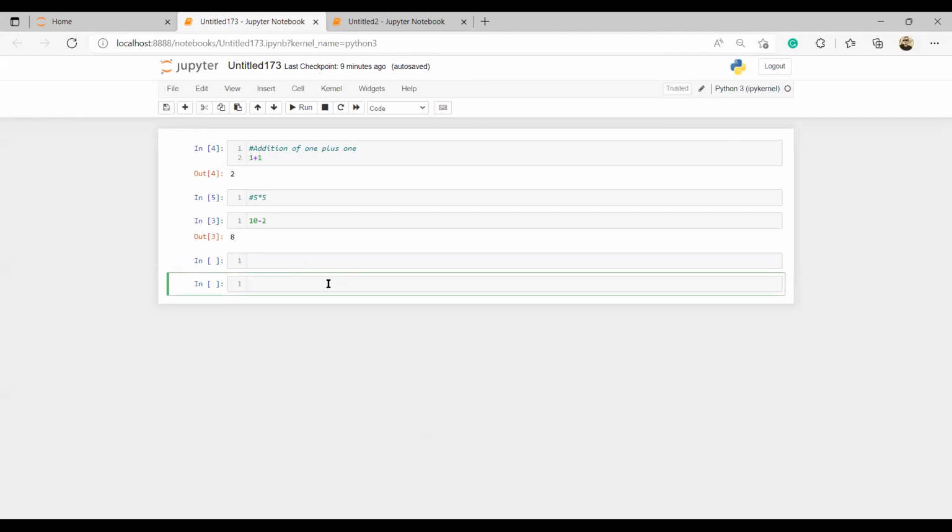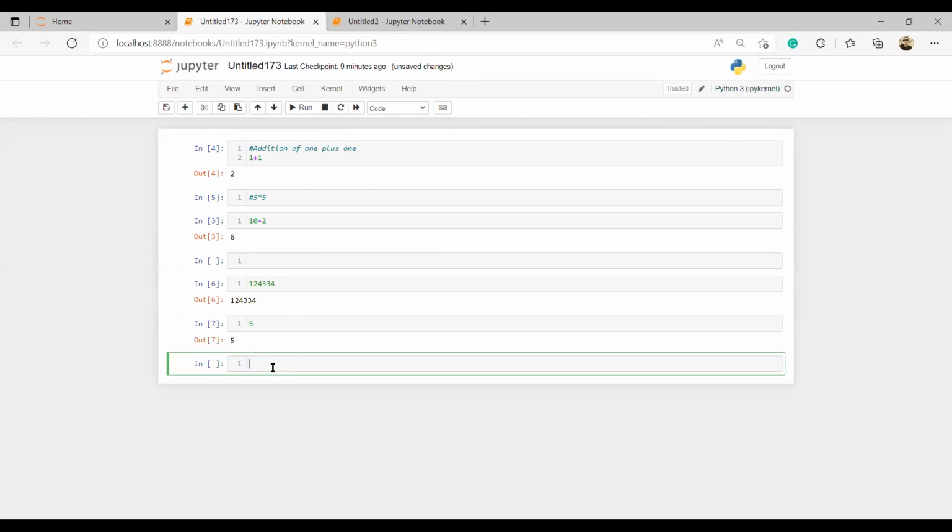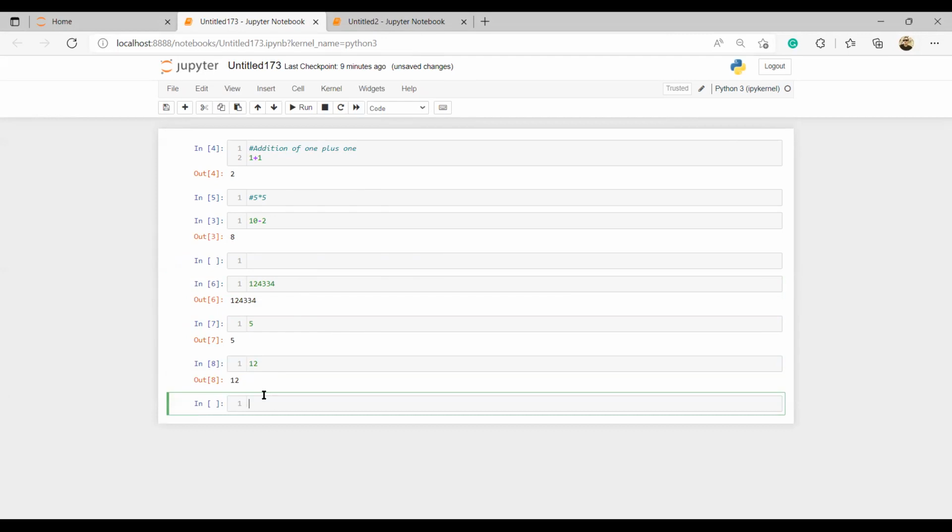All right, let's continue. So whenever I want to edit, when you are typing numbers, you notice you can type any number there, isn't it? It works fine. I can enter any number there, and it gives me the same number. But whenever I want to enter a text, which is a string, how do we enter a string? It's in inverted commas.